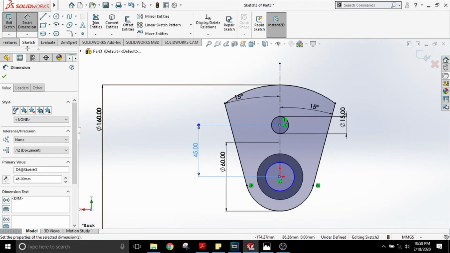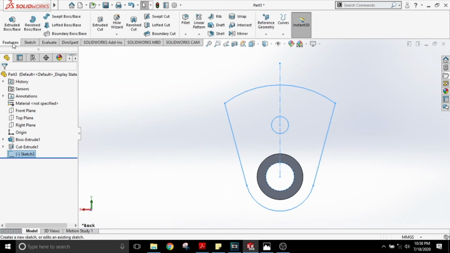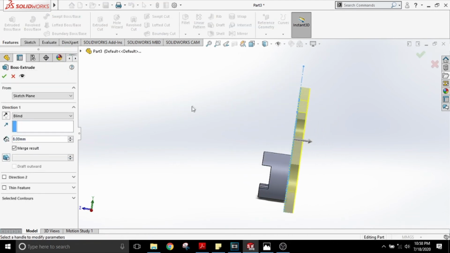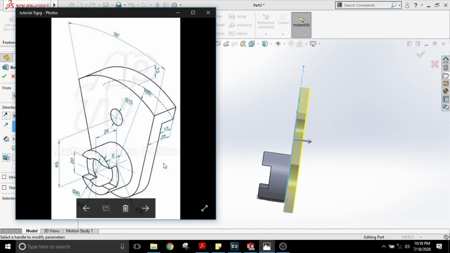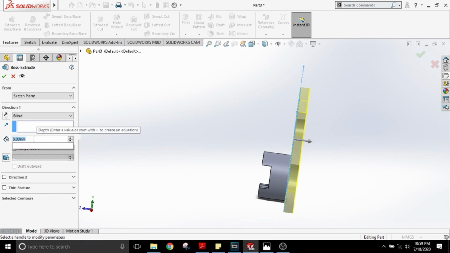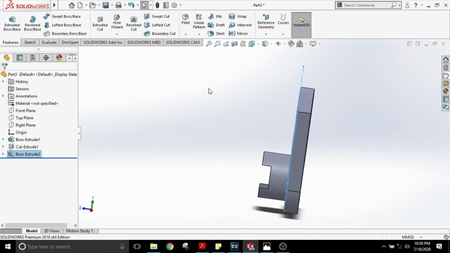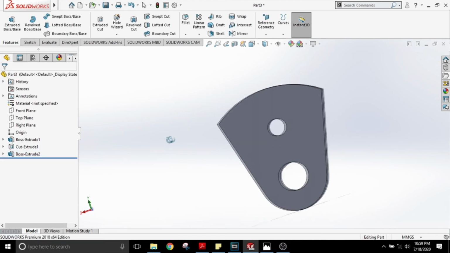Okay, next, click Exit Sketch and then click Feature, choose Extrude Boss. Okay, so the depth will be 25 mm minus 13 mm, so the depth of this area will be 12 mm. So 12 mm, the unit will be mm. Okay, next,